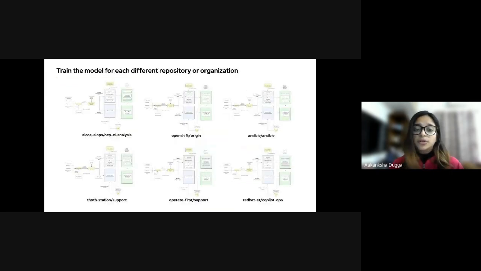I also want to highlight that this tool is not a monolithic service. It's not a huge model which caters to all the repos and communities. Rather, there are small instances of this model for each repository that we train it on. As you can see, we have already installed this tool in a bunch of repos. It's pretty easy to use by yourself, but if needed, our team can also help you with the installation of this tool to your repo.